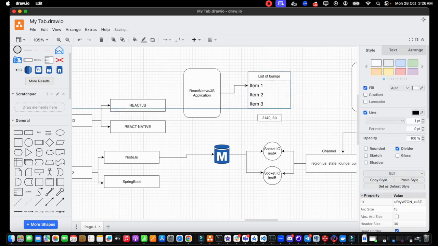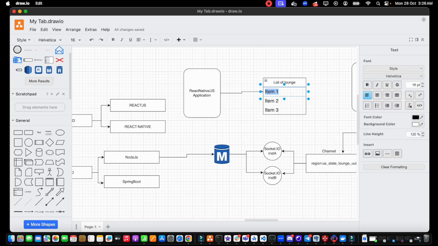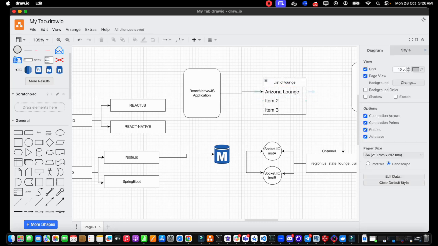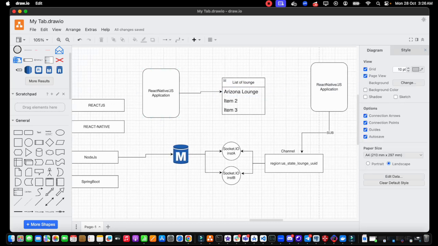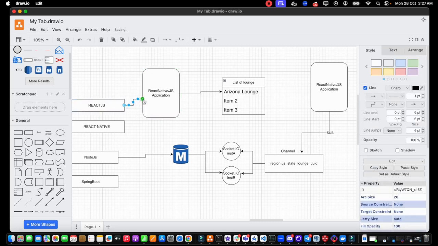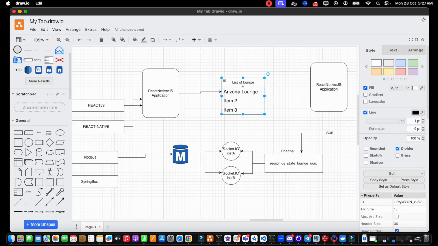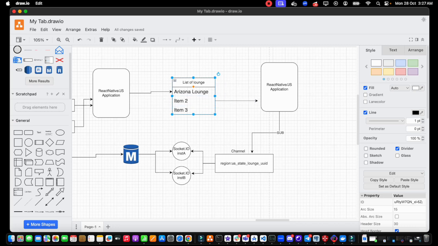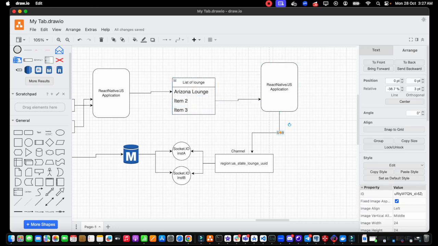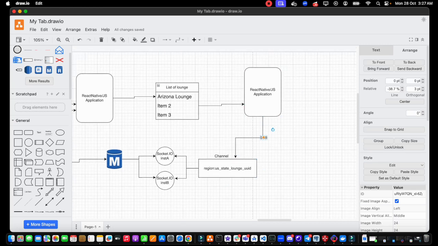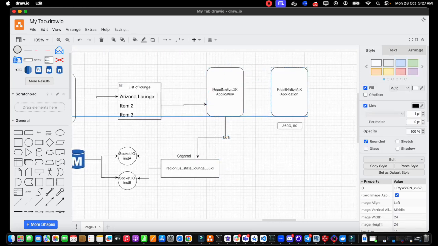So this is a list of our lounge, right? So I think the other day we used something like Arizona lounge, just a sample. So basically, let's assume that our user or the customer fetches the list of lounge and then clicks on any of them. So the next thing that happens is this, right? It's subscribed to that particular lounge, and after it does that, it then goes ahead to load the catalog,